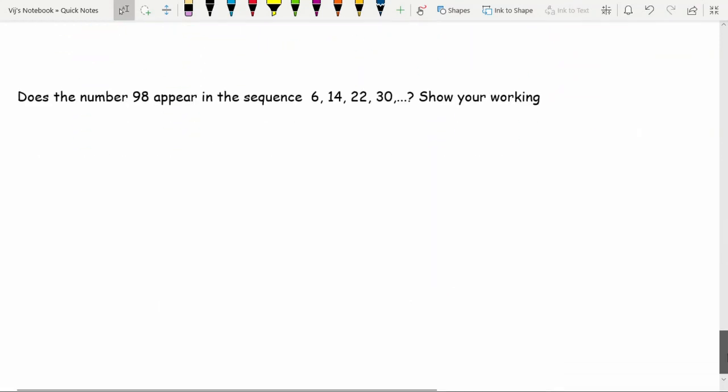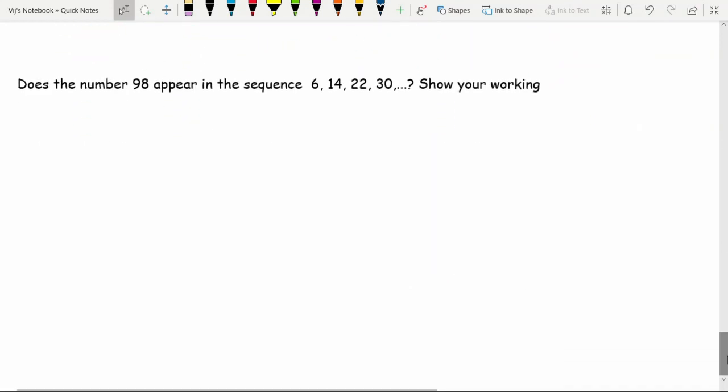And so the next question we then look at is, does the number 98 appear in the sequence starting 6, 14, 22, 30? You must show your working out. Now typically, if you're really struggling with and not recognising that this is a sequences question, and also recognising that this is a linear sequence, so here I'm going up by plus 8,